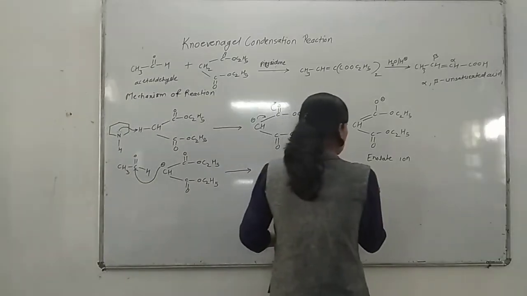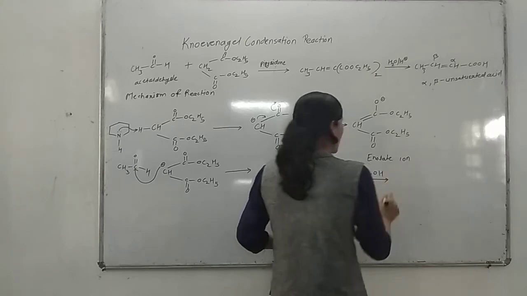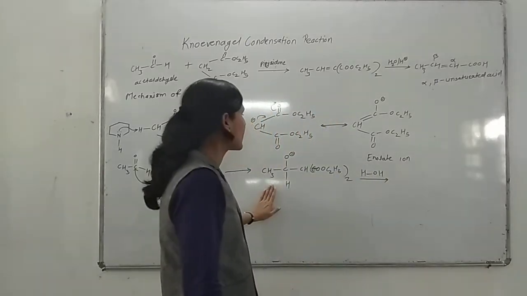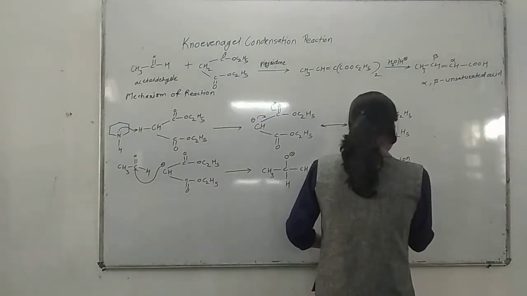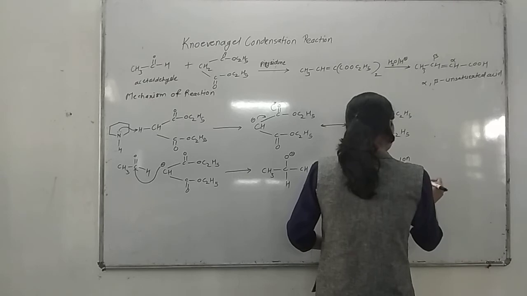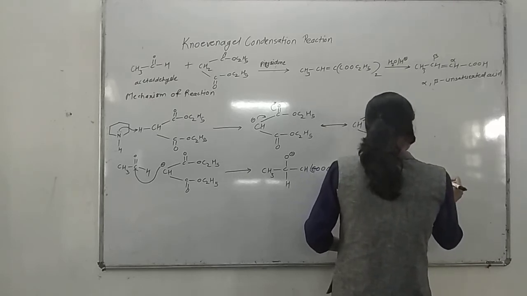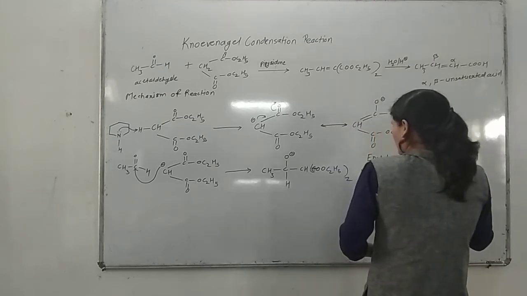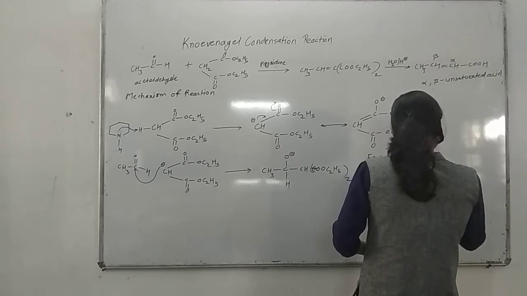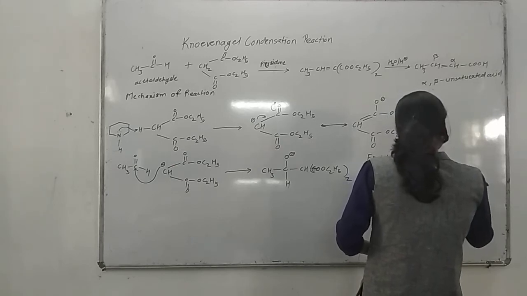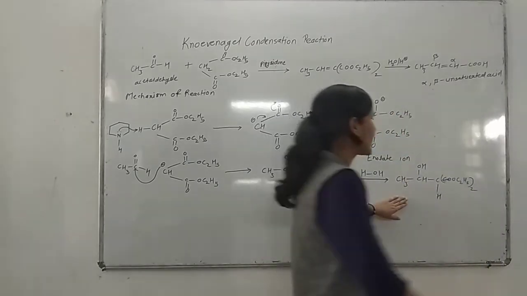In the next step, this tetrahedral intermediate attracts a proton from the water molecule, and this results in the formation of this type of compound, CH3CHOH CH(COOC2H5) twice. This compound on heating